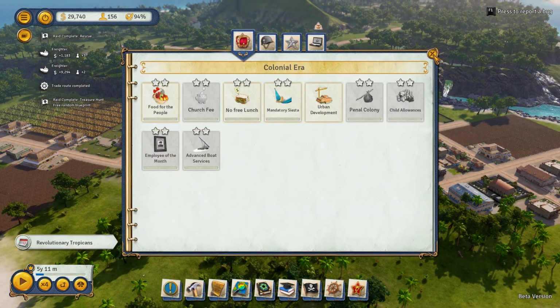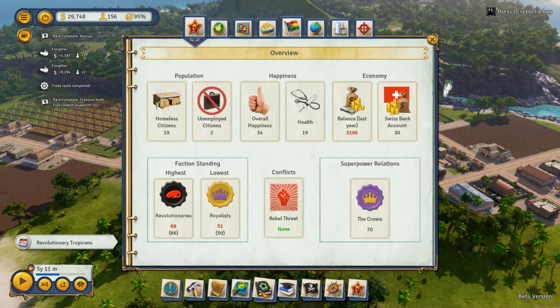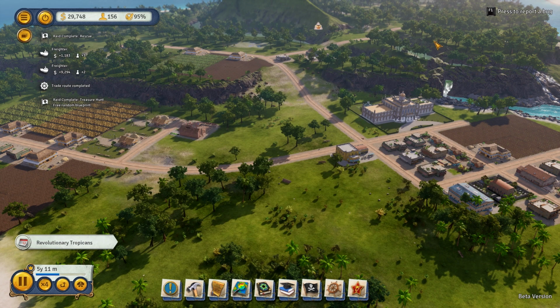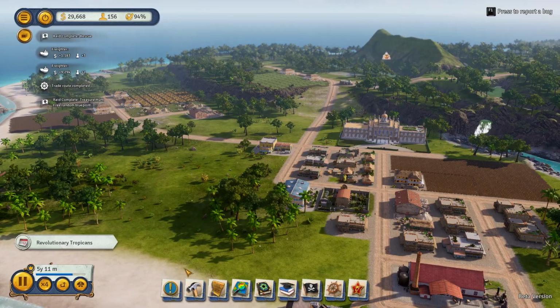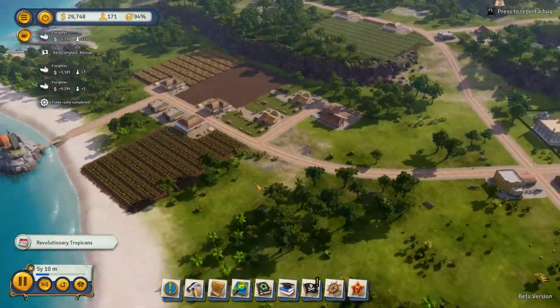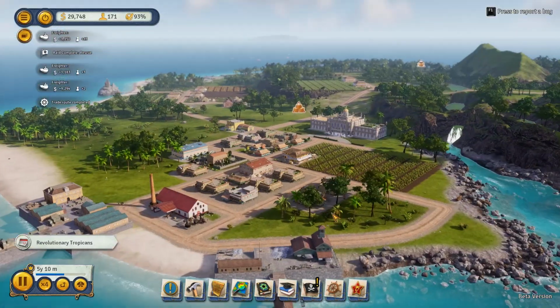So that is not happiness. I thought it was happiness points, but for some reason, I was wrong. We have 11 indifferent people. I'm not sure necessarily how to get people over to the revolutionary side. Let's just let the game play a little bit. Hopefully, we'll get another demand from the revolution, and we'll be able to get that going, get more revolutionary folks